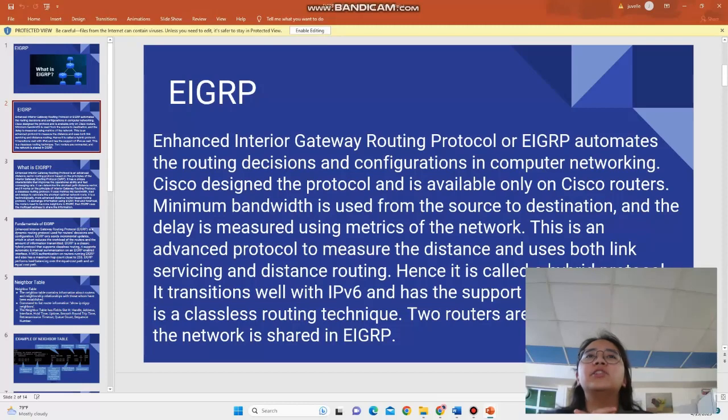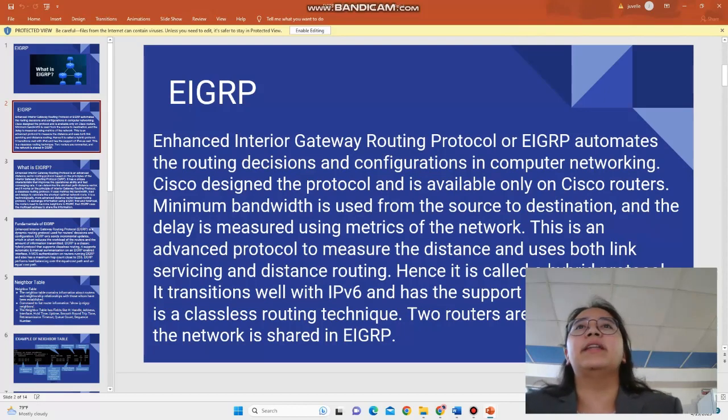It automates the routing decisions and configurations in computer networking. Cisco designed the protocol and it is available only on Cisco routers. The minimum bandwidth is used from the source to destination, and the delay is measured using metrics of a network. This is an advanced protocol to measure the distance and uses both link state and distance routing. Hence, it is called